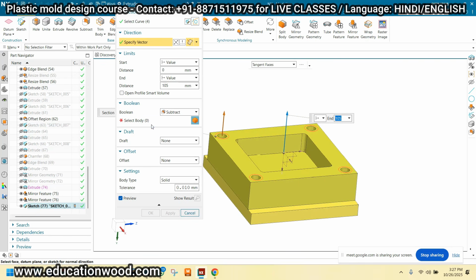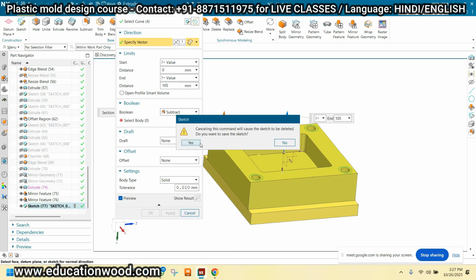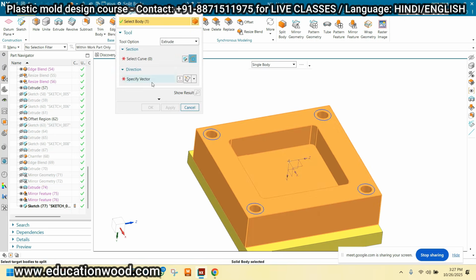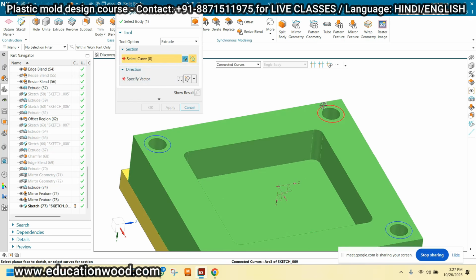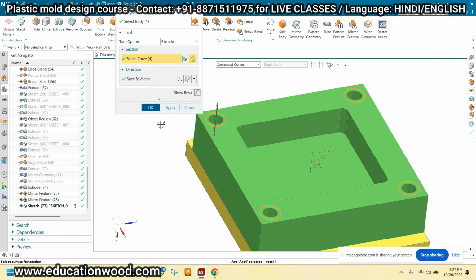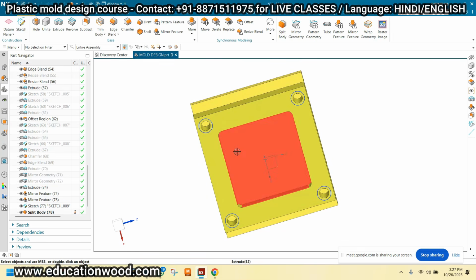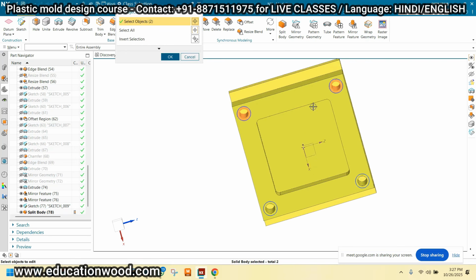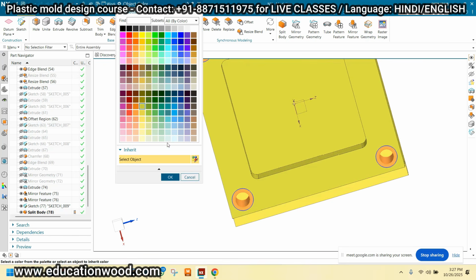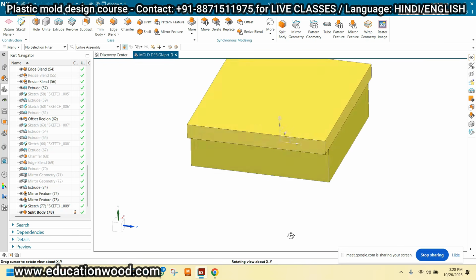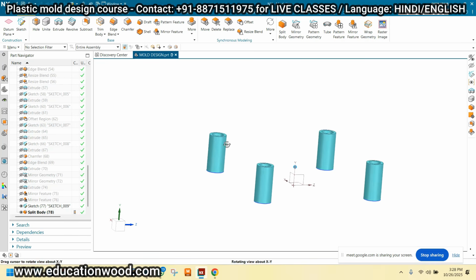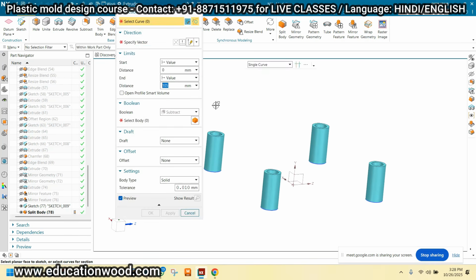Cancel it. So basically we have prepared some sketches. Use the split command and split this complete block with these circles and just click OK. See, Control J. So this is the method for creating the bush from the same block, right? Now you can prepare the collars. My voice is clear or not?